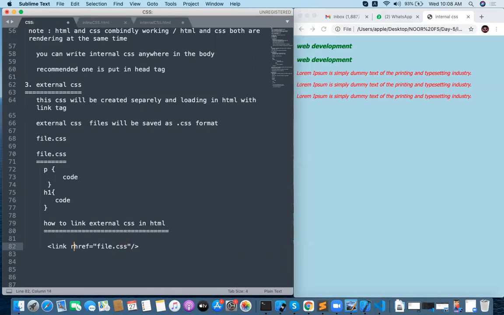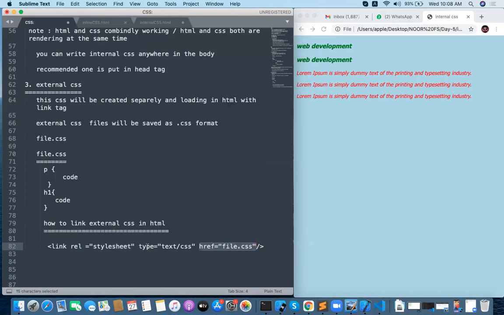Link rel equal to stylesheet. Type equal to text/css is not much important. They are not mandatory attributes actually, but rel stylesheet is a mandatory attribute, and href is a mandatory attribute.